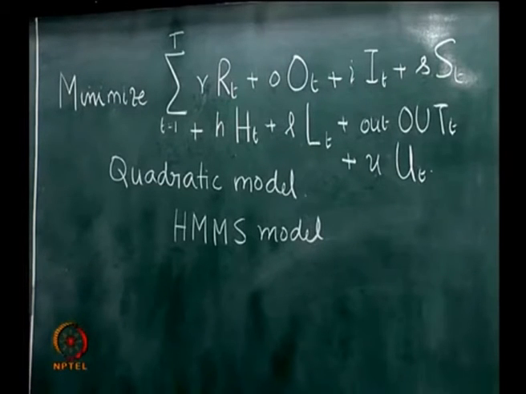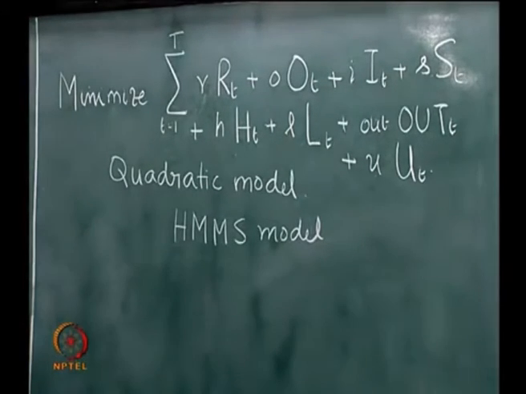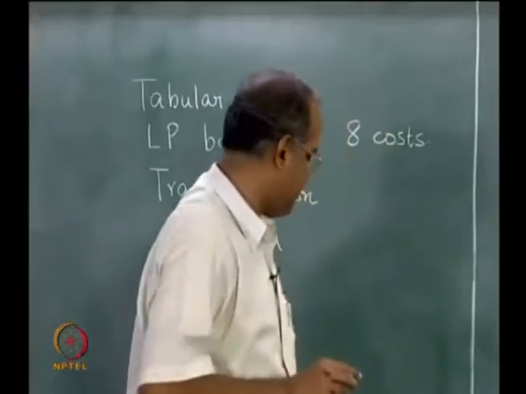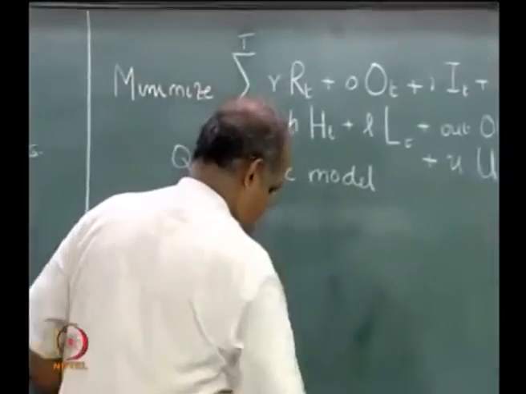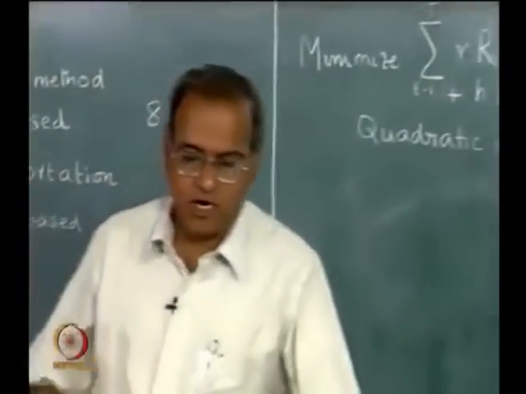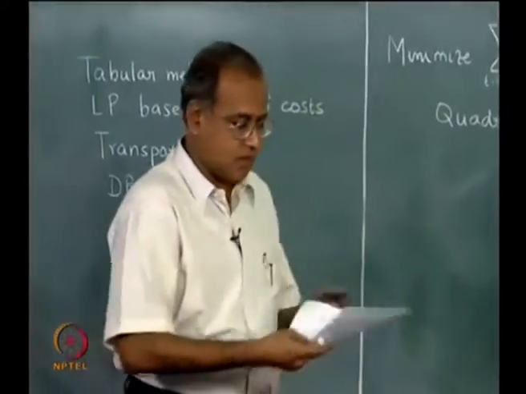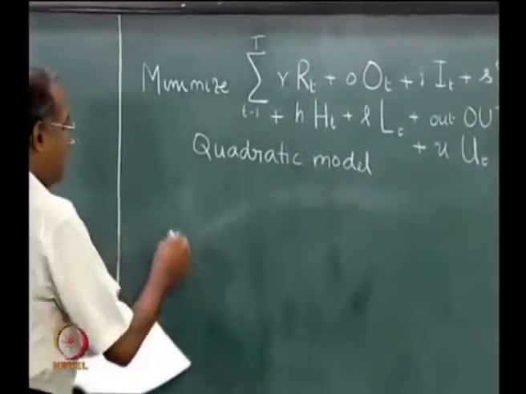We will not get into the full details of the HMMS model, but I would possibly write down only the objective function and then explain how the HMMS model actually works. So the HMMS model, the objective function would be minimize